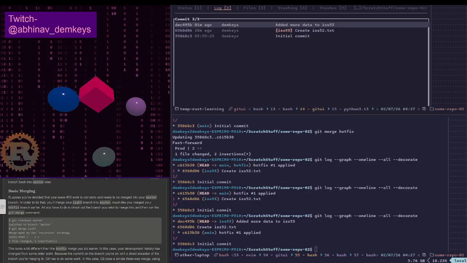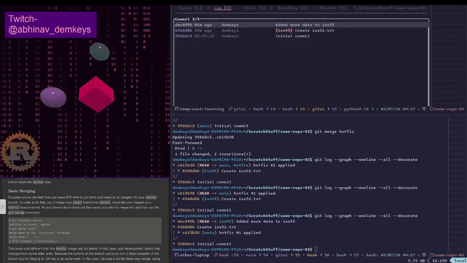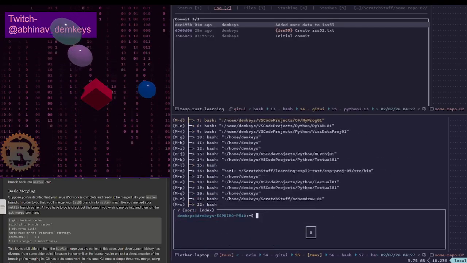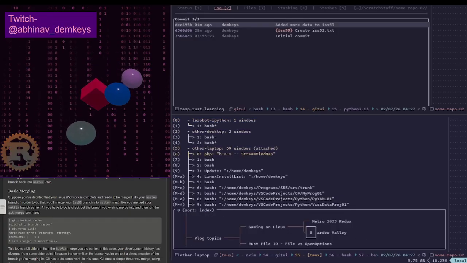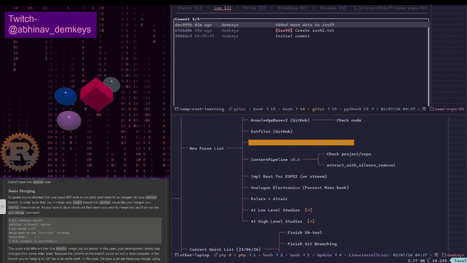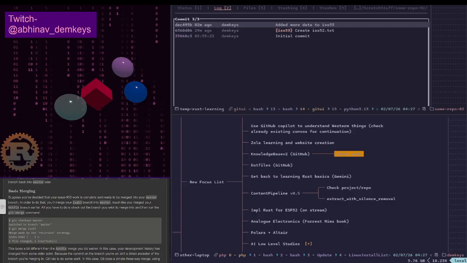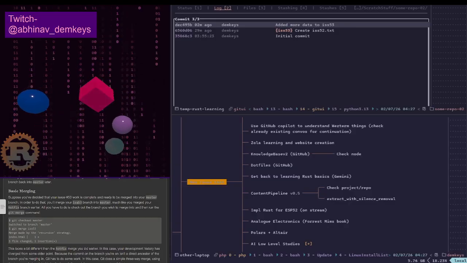I've lost track of all of the other stuff that I was doing. Let's look at the list real quick. There was a bunch of things. I have these two apps to make, the knowledge base KB tool, specifically the KB tool, because that's mainly what the knowledge base is going to be about.